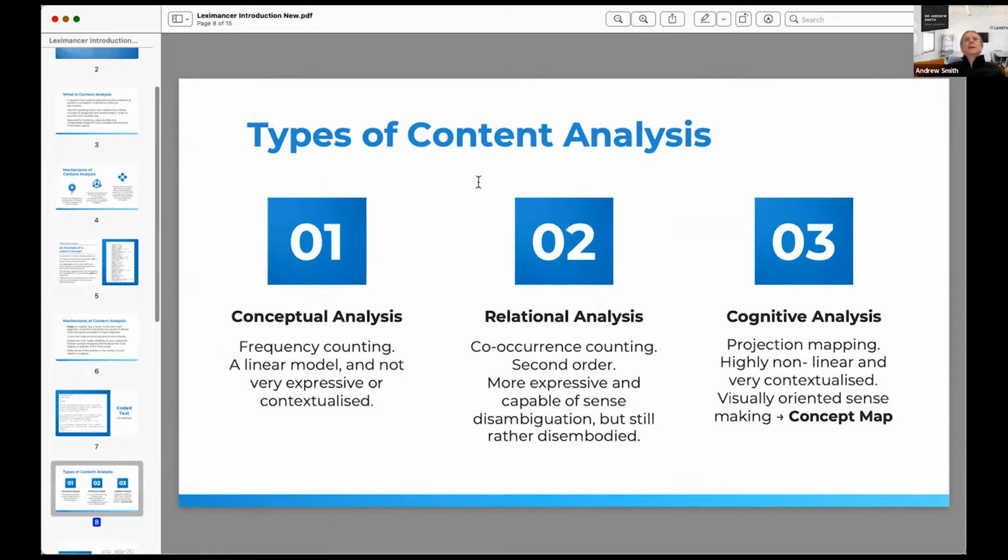So coding as a technique in content analysis, in the early years of content analysis, in the early 20th century, they just counted frequencies. How many times does a code appear in the text or in the newspaper articles or whatever it is you're coding? And they looked at frequency, they looked at how those frequencies change with time or with source or whatever segment you're looking at.